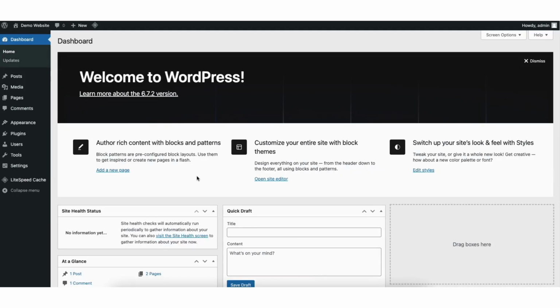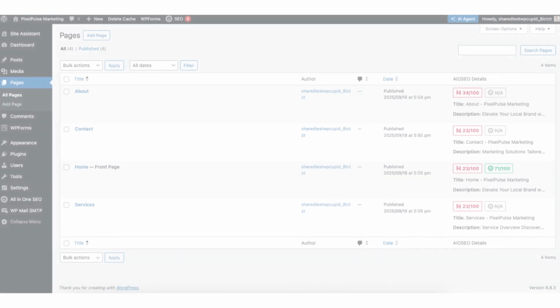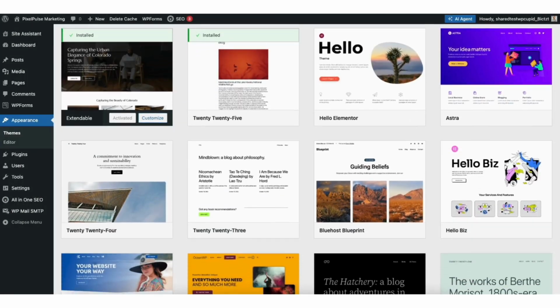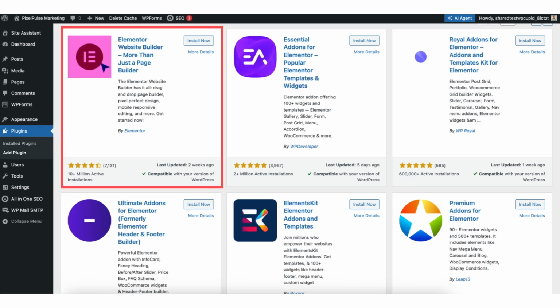From here, you can start customizing your site, install plugins, add pages, and choose your design. I recommend starting with Yoast SEO or RankMath for search optimization, Elementor for design and layout customization, and remember,